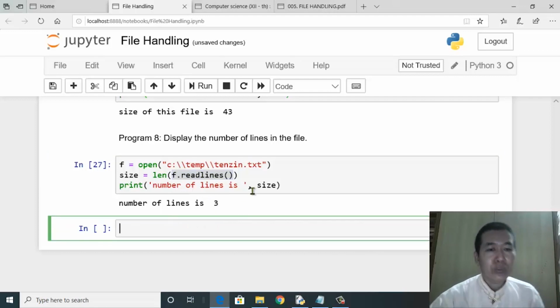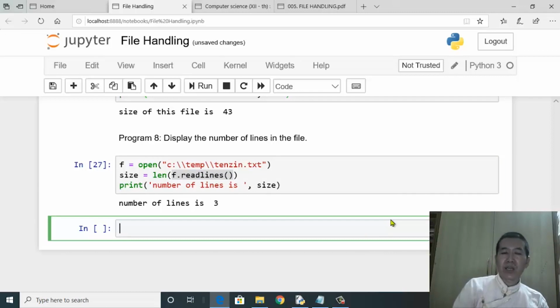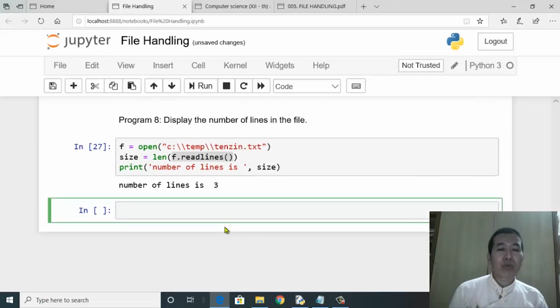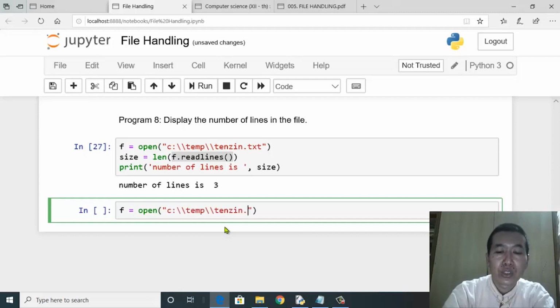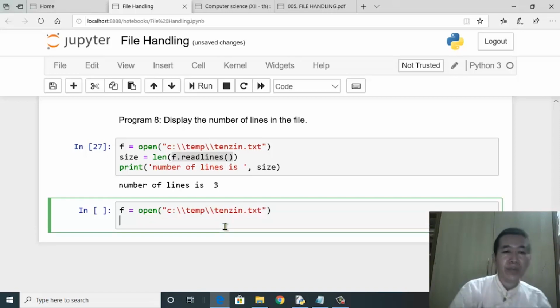Okay, so let's do the same thing using readline. Now this could be one possibility which is not there in the textbook. So let's try the same program, but you are supposed to use only readline. For this we need to take the help of a while loop. So f is equal to open, c 2 slashes followed by temp slashes and then Tenzin.txt.